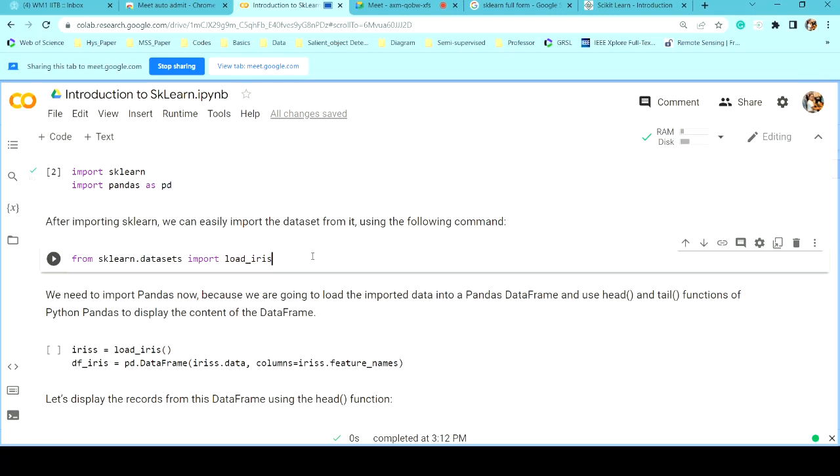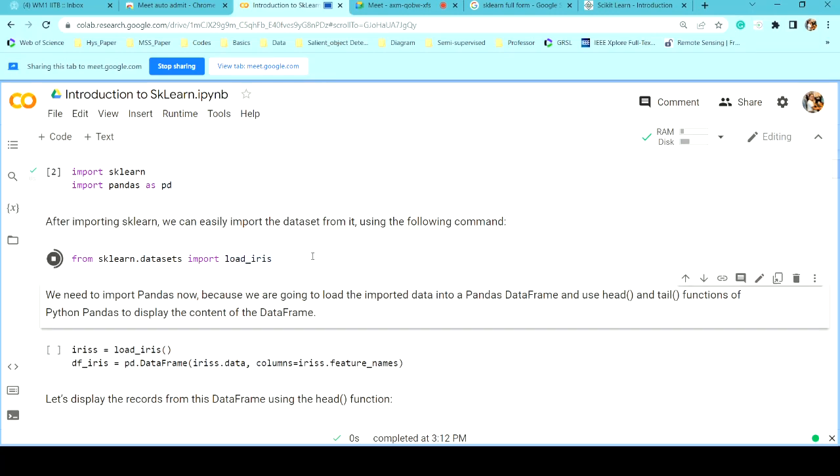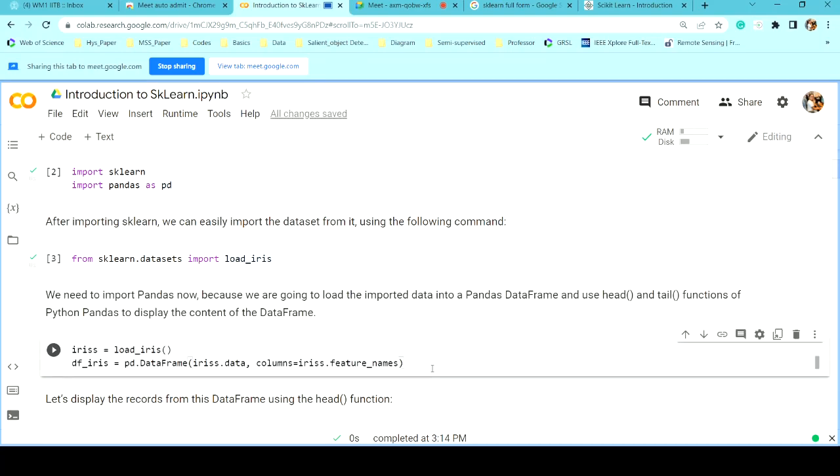One more thing, whenever you execute any cell, you will see a green tick mark. This means there's no error in your programming. If there's a red cross mark, you can see an error. If you want to see an error, I'll show you one error, how it will look. So moving ahead, I am defining a temporary